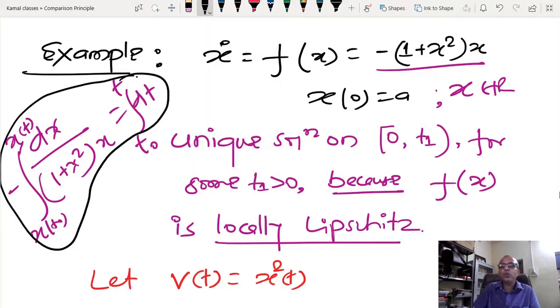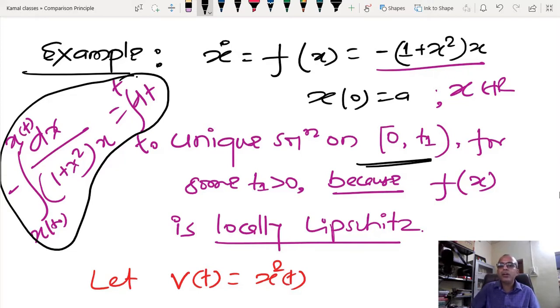Is there any way to solve some simple equation and then get the bound of the solution? That is the motivation. Since you are not going to solve it, you have to check whether some solution exists or not, and if it exists, whether it is unique or not, at least for some time interval 0 to t1. If that is true for 0 to t1, you know that I can extend t1 to infinity also. So there is no worry about the whole time interval, because in the previous theorem where I talked about the comparison lemma, that is true for any compact interval. So you just have to check everything from 0 to t1.